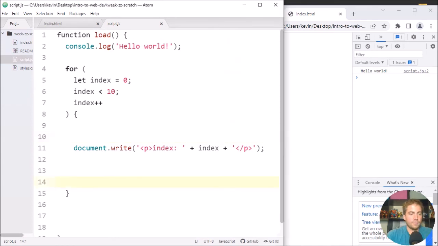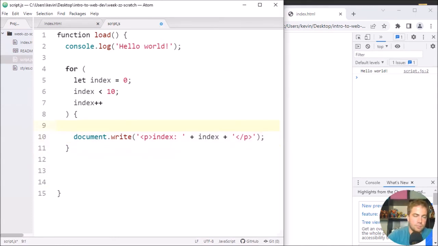So to talk about what a for loop does in more detail, I'm going to look at each of these things one at a time. So the for keyword tells the code that we are about to define a repeating pattern. And that repeating pattern needs 3 things. It needs the value that it starts at. So in our case, it's 0. And then the value that it ends at. In this case, it ends at 10,